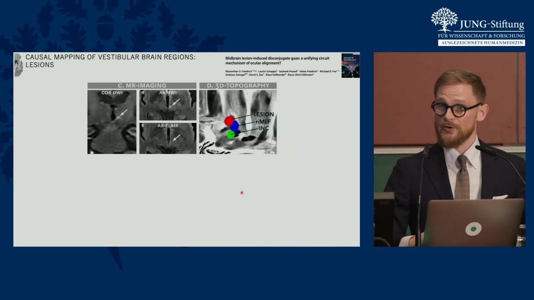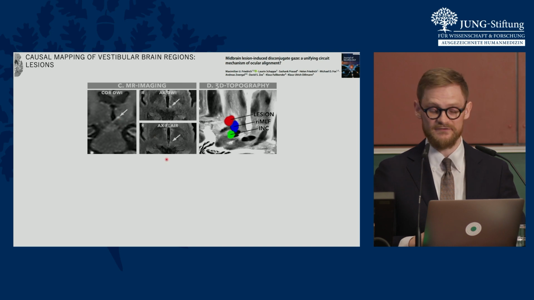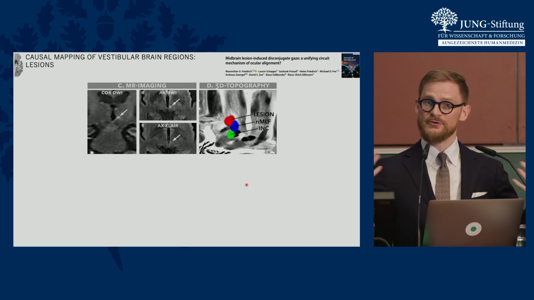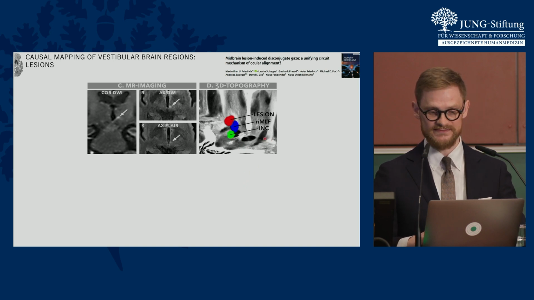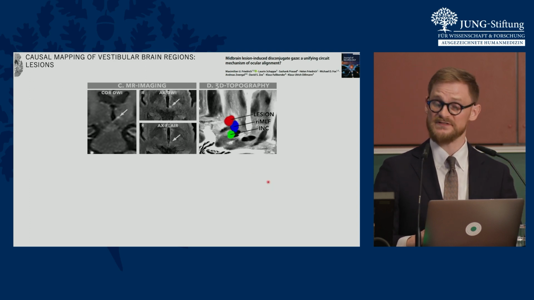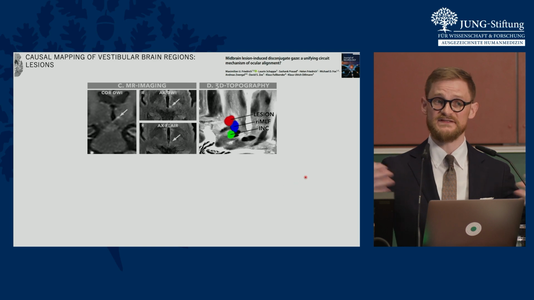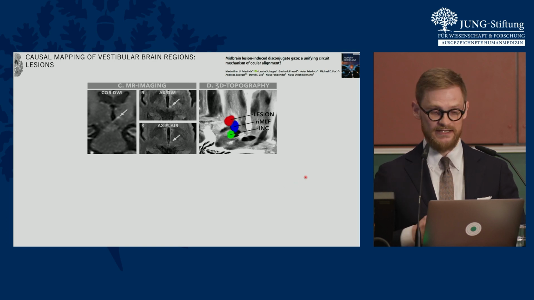So we looked at an MRI scan and we saw, yes, the patient had a lesion, a tiny one in fact. And we used neuroanatomical inference to map typical vestibular brain regions in the midbrain, here in green and blue, the INC and the RIMLF. We will talk more about the function later. And here in red, you can see the lesion. And we have transferred these data into a high-resolution cytoarchitectonic MRI atlas.